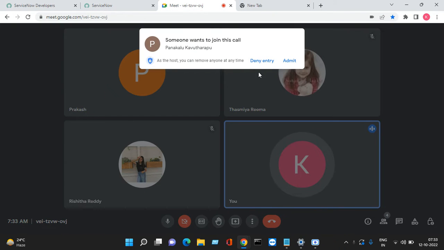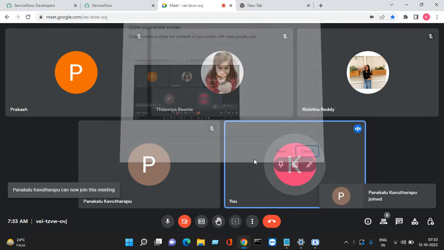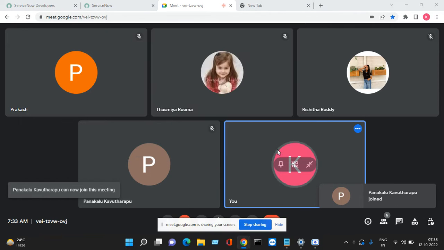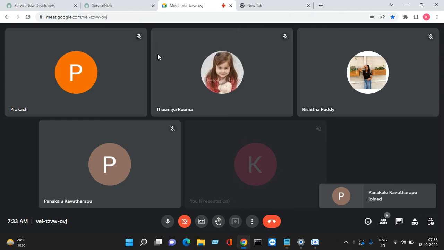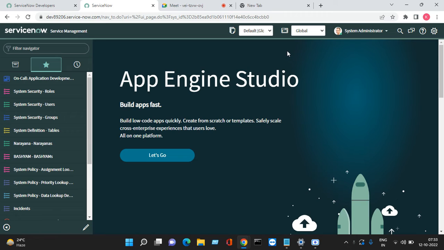So in the last class, we had a discussion about how we can create a service catalog for the front end, not the back end. We have seen how the form looked, and we are good with the same thing. Now